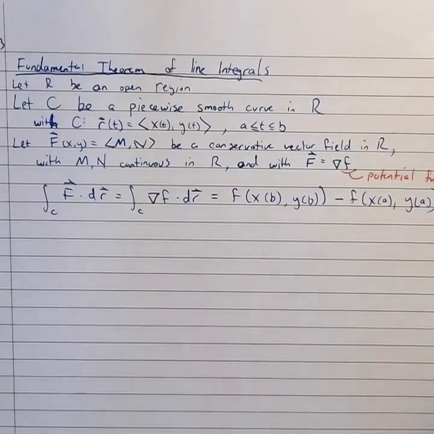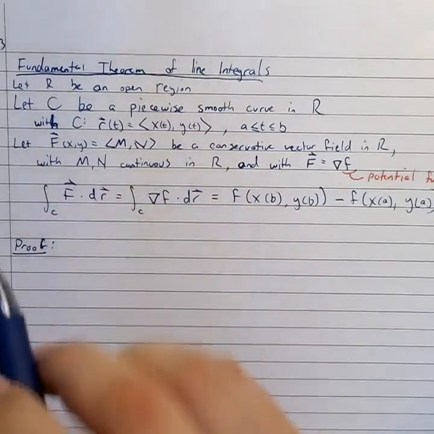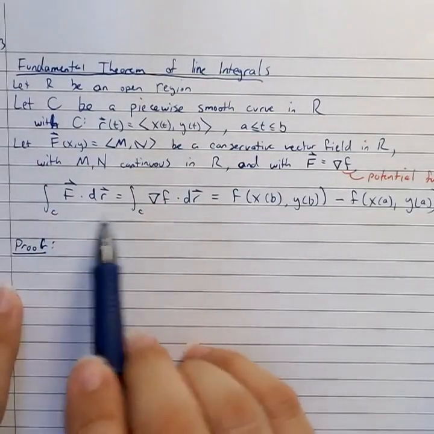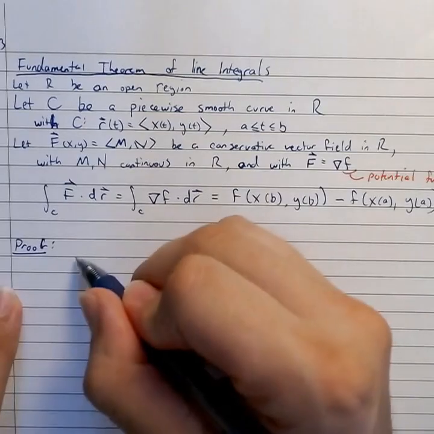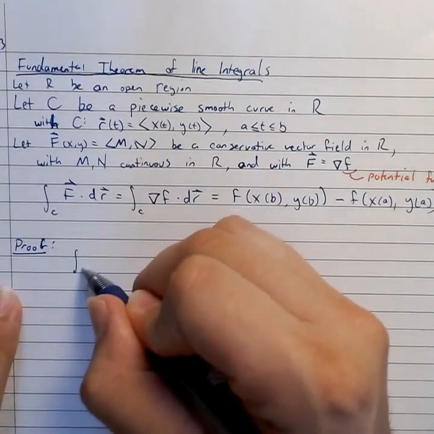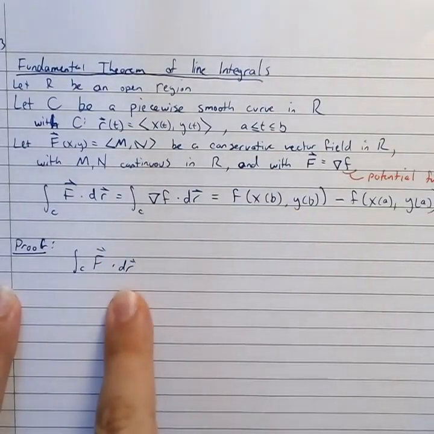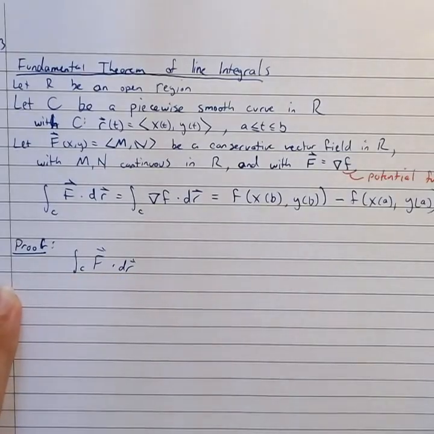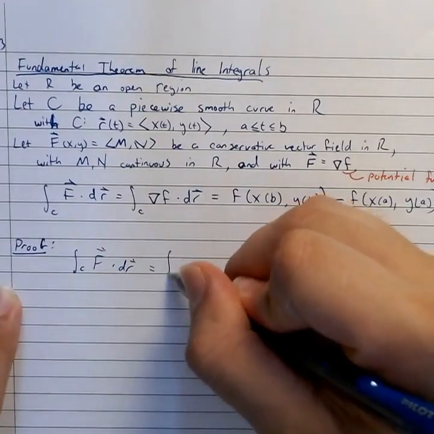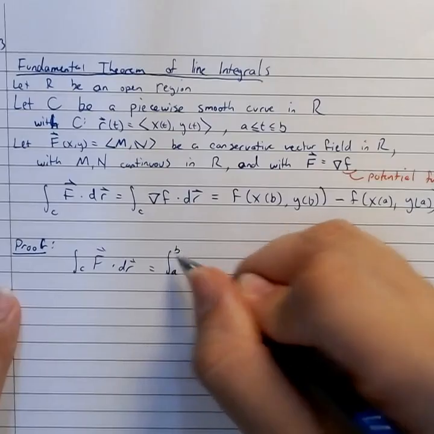The proof of this is really very short, mostly because it relies on the fundamental theorem. Here, all we need to do is rewrite this in a more accessible form, and then the fundamental theorem of calculus takes over. So let's start off with this side here. Let's take the line integral of our vector field over our contour, the integral over C of F dot dr. We have seen in a previous section that this can be written with a parameterization as the integral from a to b of